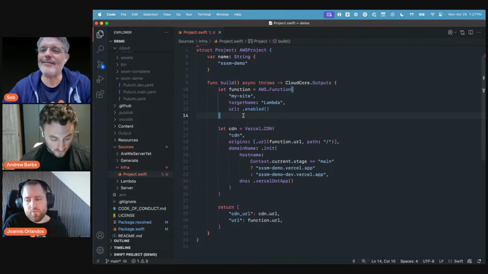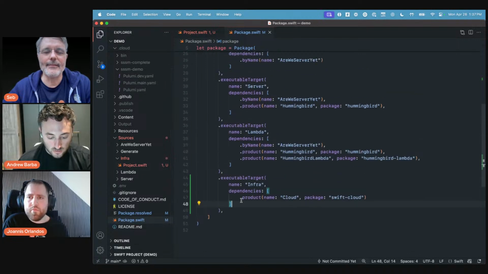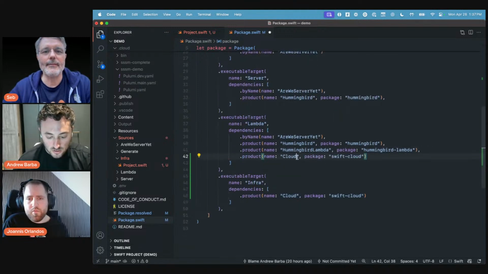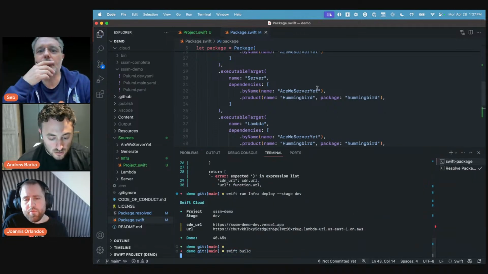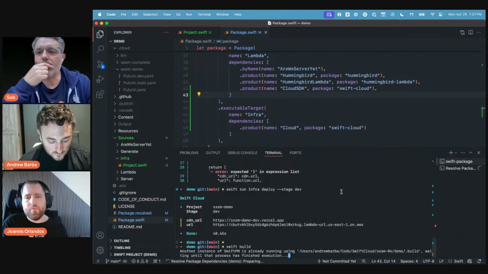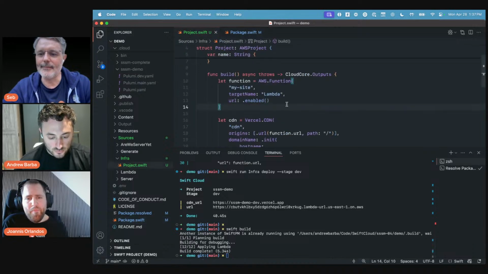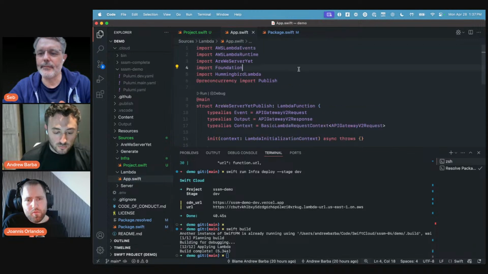But something else that I didn't show off in here is there's a runtime SDK inside of Swift Cloud as well. So if we open up package.swift, we could actually add a dependency. So to the Lambda, for example, there's another package in here actually called Cloud SDK. And let's call it build. Let's see if this actually works right off the bat. Well, actually, it might be hard to show in the time allotment. But if I open up the actual Lambda here, you would be able to import